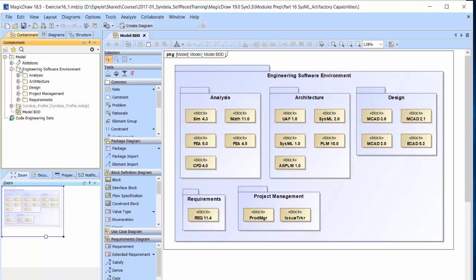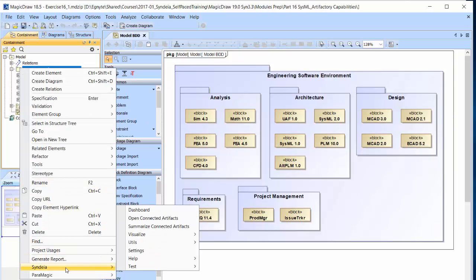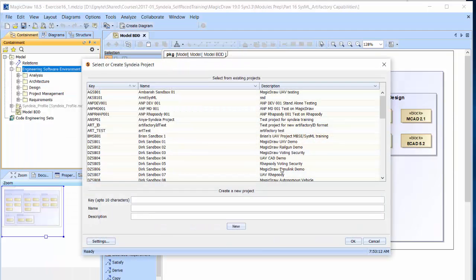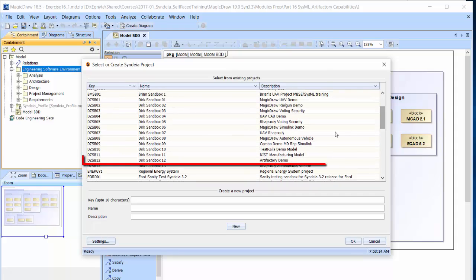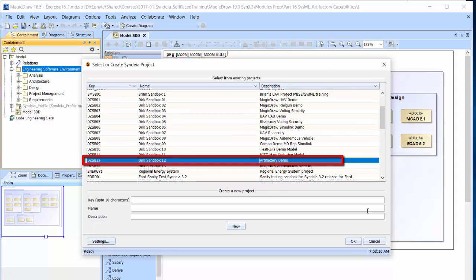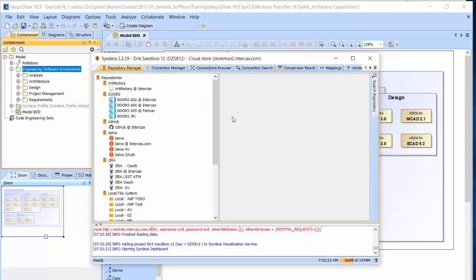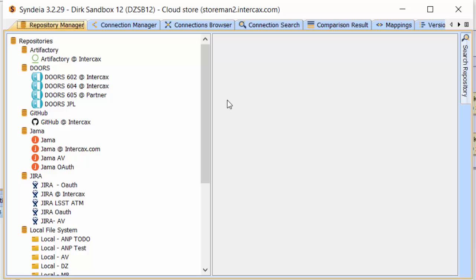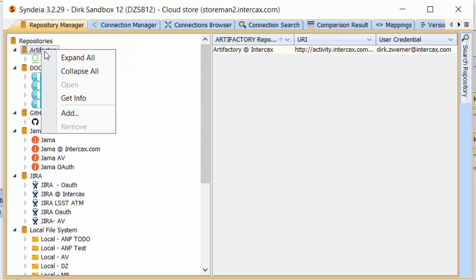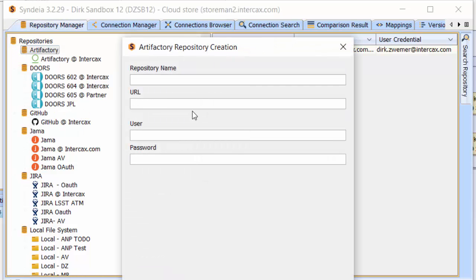I launch Syndeia, pick a project to store my intermodel connections in, and go to the Repository Manager tab. If I have a license for the Artifactory interface, I can see that category on the left. One repository connection has already been set up, but I can add more in the usual way by entering my